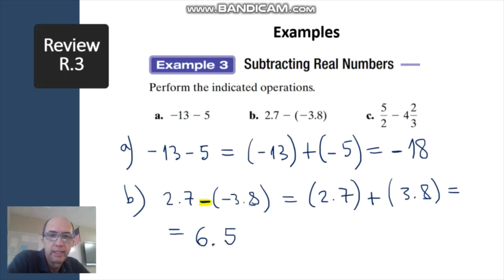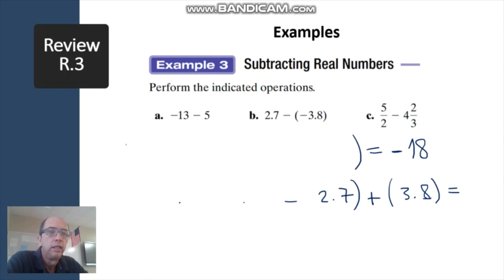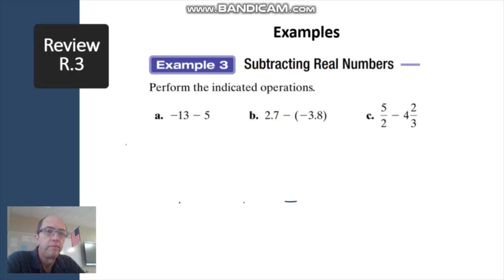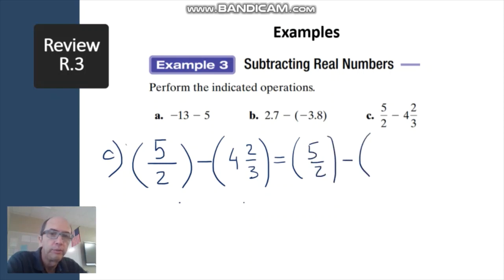And this letter C, the trickier one, let me erase all this. Letter C is going to be tricky because we need to find the least common denominator. 5 over 2 minus 4, 2 over 3. 4 is the integer part. Let's change this. Repeat, 5 over 2 minus 4 times 3, 12, plus 2, 14